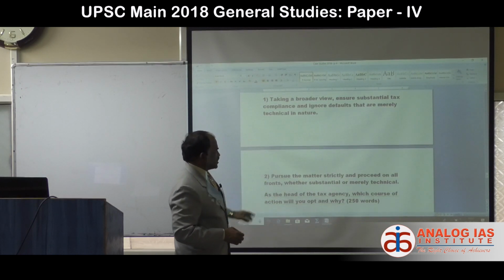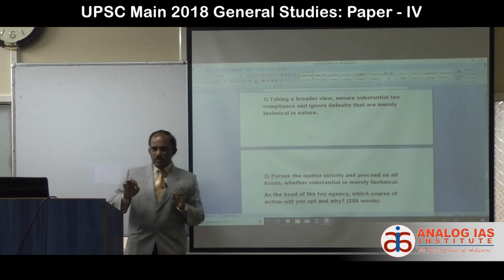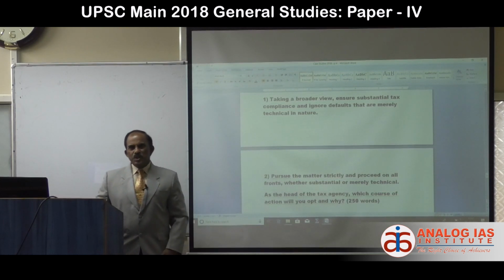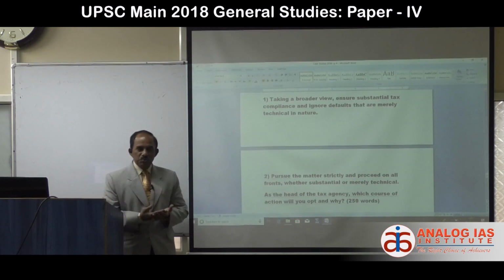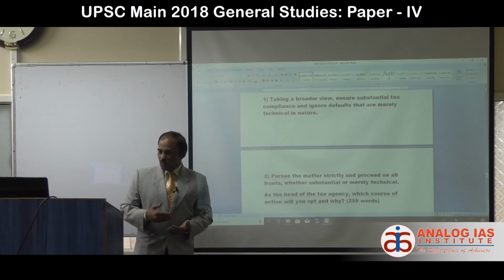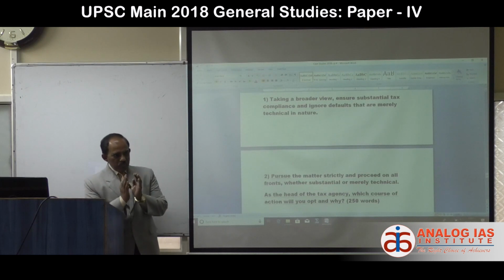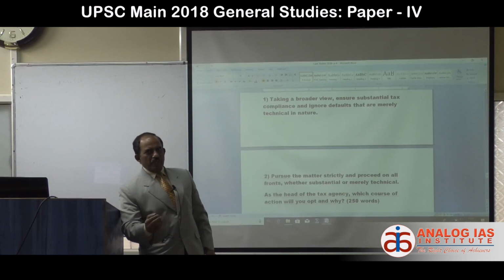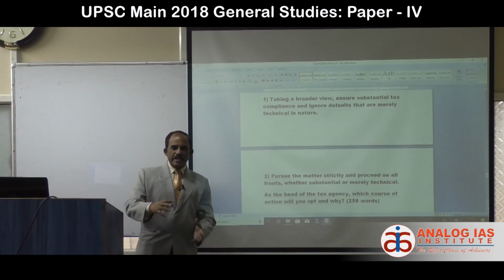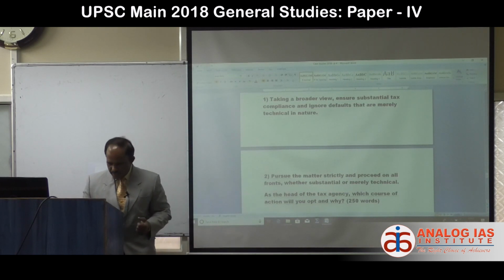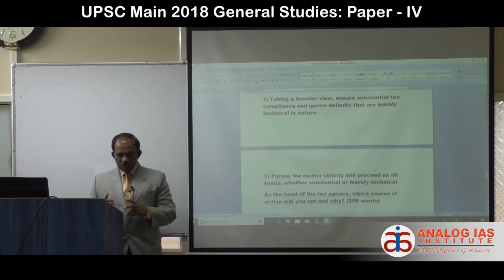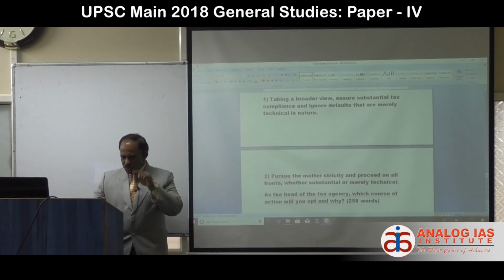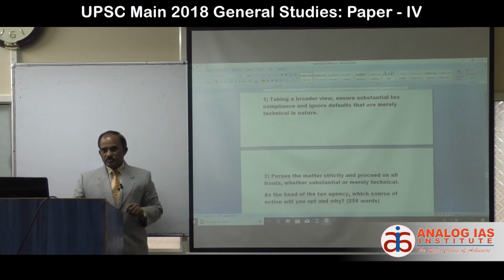In the case of the second, you are strictly following, so you will get a very good appreciation that you are a strict officer. But in the process, what happens is the goose is going to die. So what's more important is we must, as a taxman, collect the taxes, no compromise. At the same time, we must be considerate as far as the technical aspects are concerned. So the merits and demerits of the first one and second one were discussed. Now, which course do you follow here?